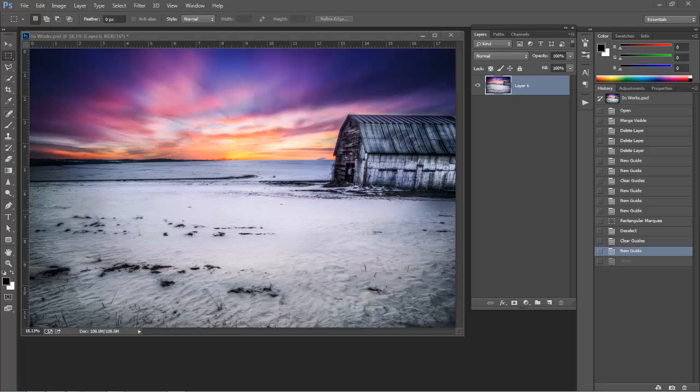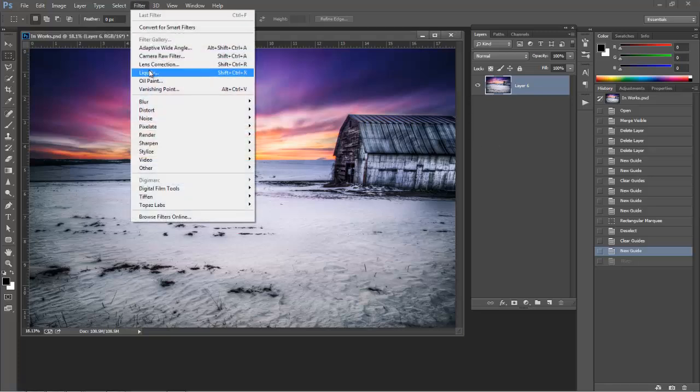Now, this is a 17 to 40 millimeter lens that was used to take this photograph, and you can see that the barn right here is quite lopsided, and in real life it wasn't that lopsided. It's just when you have that extreme wide-angle lens and you get things towards the edge of that lens, things start to bend and warp in ways that don't really look that great. So we can fix that with the filter lens correction,